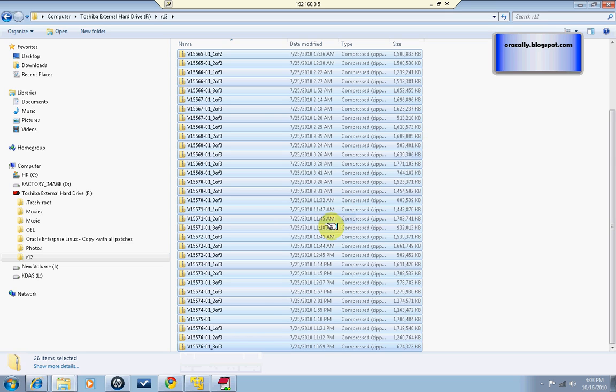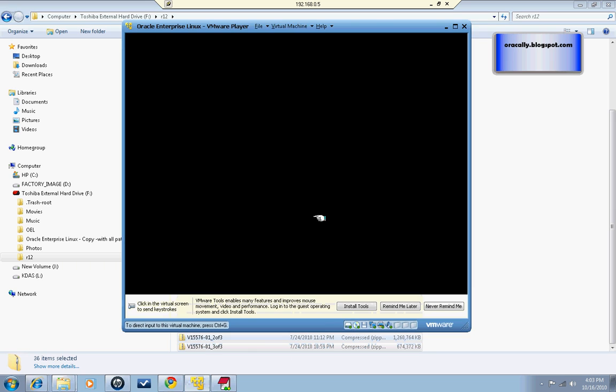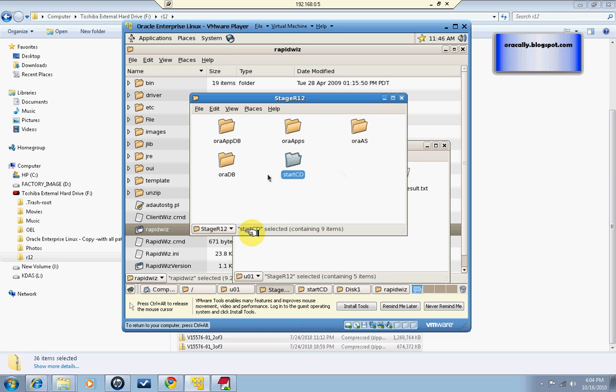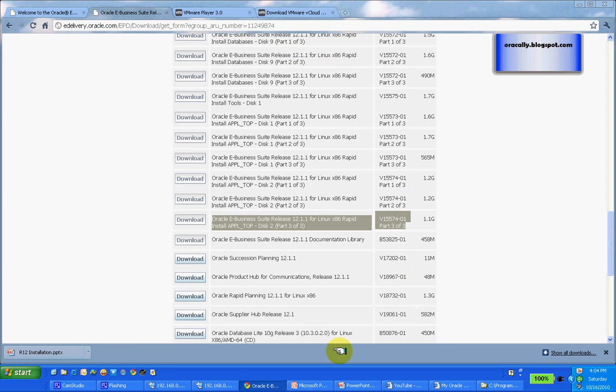When you extract all these files, it creates these directories. The zip files have start CD, Oracle DB, Oracle Apps DB, Oracle Apps, and Oracle AS. Now after you unzip them in your local hard disk or external drive or in your OEL 5.5, the next step is to create the staging area in your guest machine, that is the virtual machine,